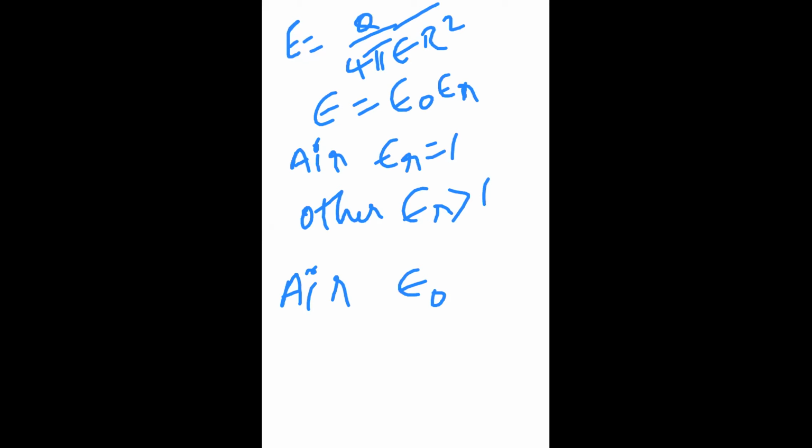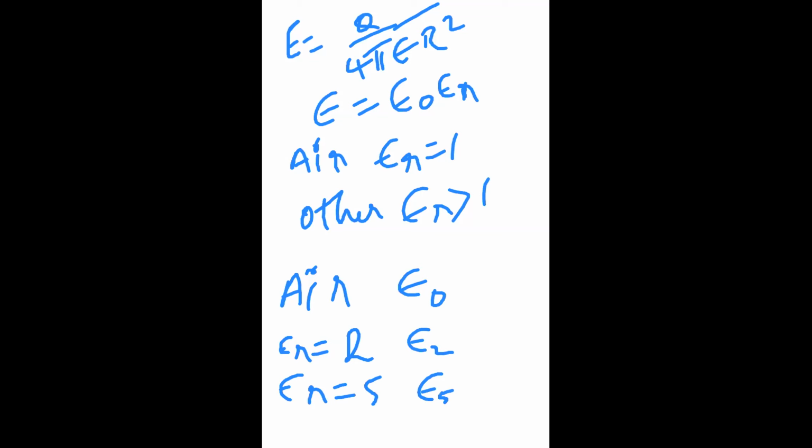For other than air, say if epsilon R is 2, you are getting epsilon 1. Say if epsilon R is 5, you are getting some new epsilon, say epsilon 2. Or otherwise, for clarity, you can take that value itself. Whenever epsilon R is 2, you are taking epsilon 2. Whenever epsilon R is 5, you are taking epsilon 5.